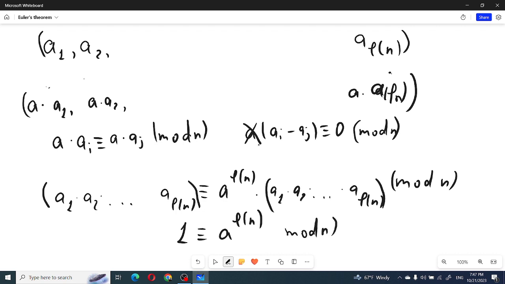Now we can check this for the case of prime numbers. If n is prime, phi of p equals p minus 1, and in this case we will get Fermat's little theorem, which is also correct. So we have concluded that Fermat's little theorem is only a small case of Euler's theorem. So we have proved something much harder than